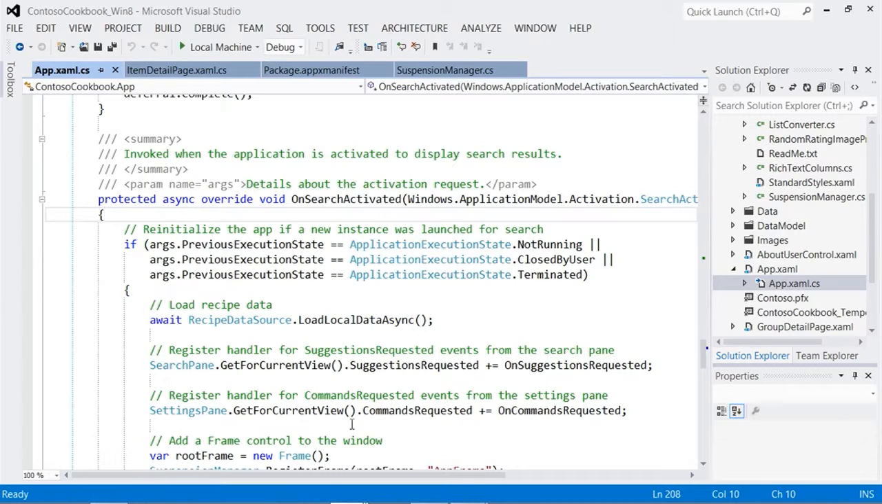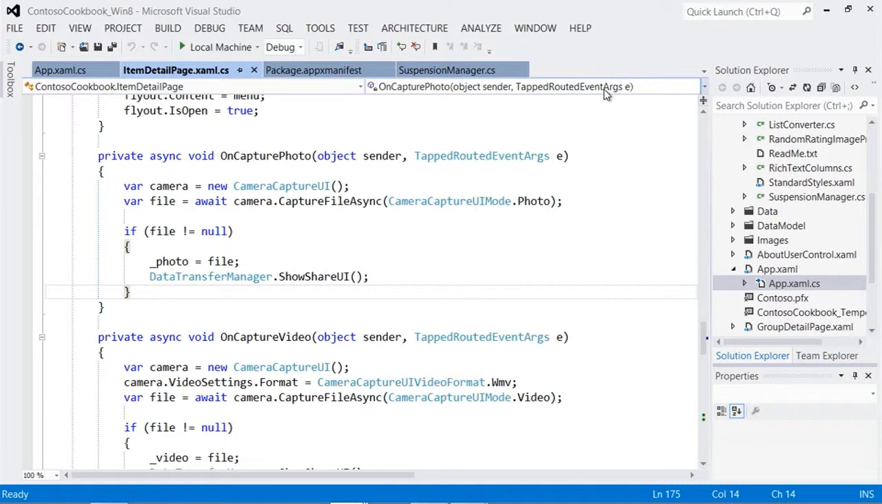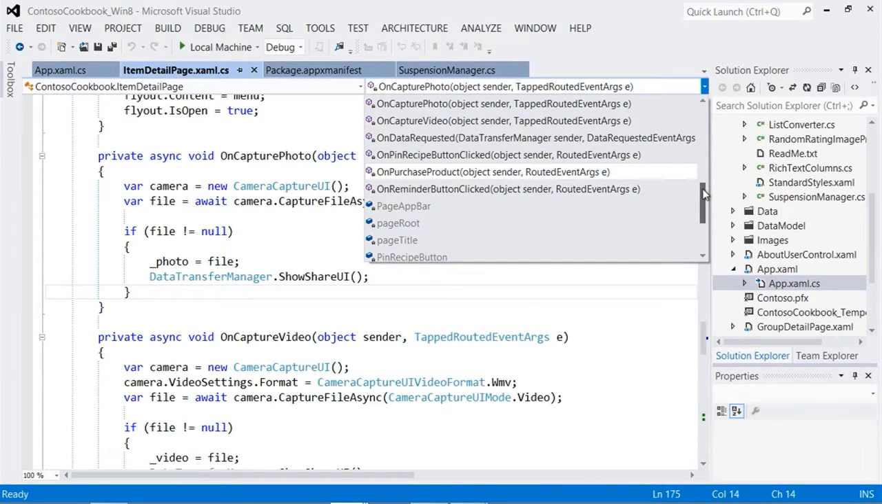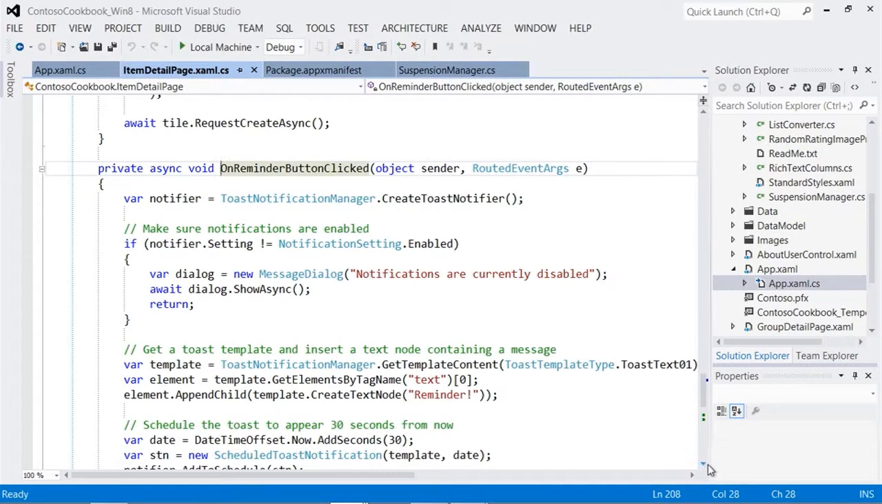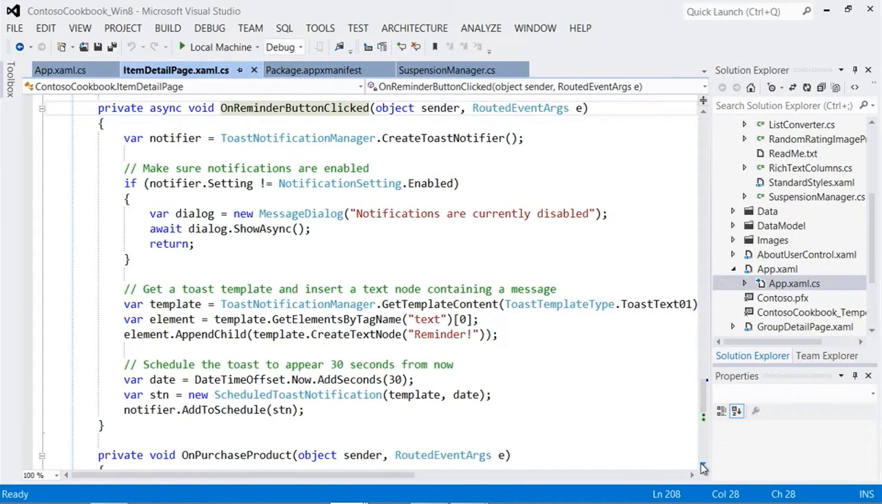So let me switch over here, and I will go to the item detail page, and let's see. There should be an on reminder. There it is. I missed it. Okay, so the on reminder button clicked, and here it's an app that's a cookbook again. When I click the reminder, it will basically set a toast reminder that will then get shown when that event is triggered. So I'm using the toast notification manager to create that toast notifier, making sure that notifications are